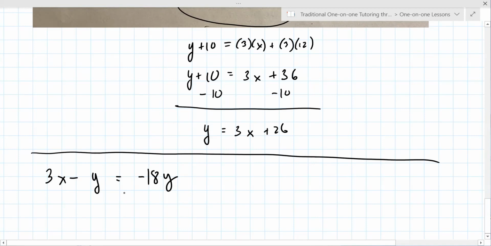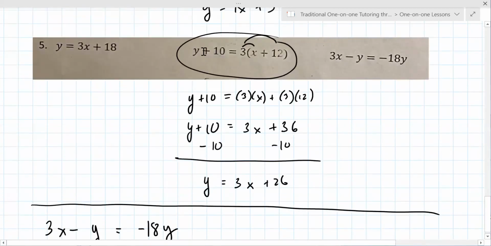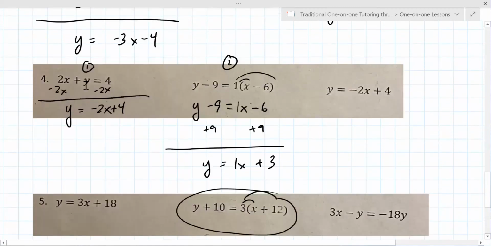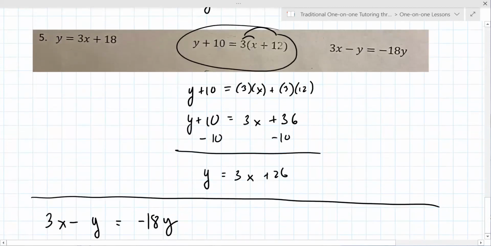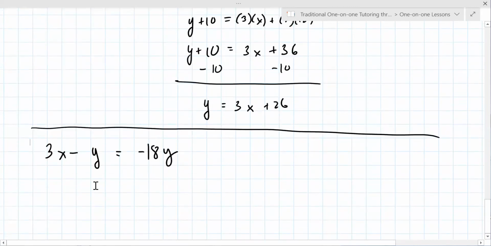Well, do you see, look at all these other ones. See how there's just a y on one side, there's a y on one side. If you go back to the previous one, there's only a y here, only a y here, only a y here. This one's got y on both sides. Do you see that on number 5 here? Yeah. And that's weird. I mean, it's different. It seems like it's a mistake, but